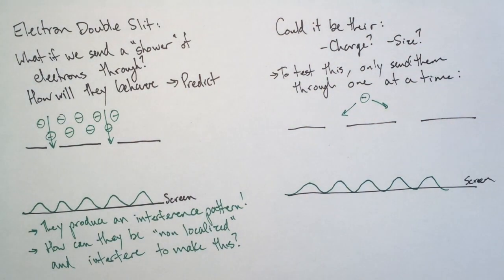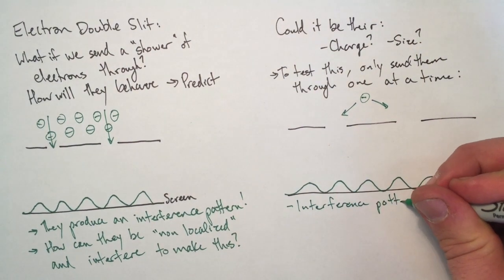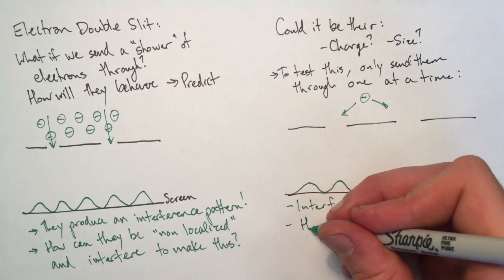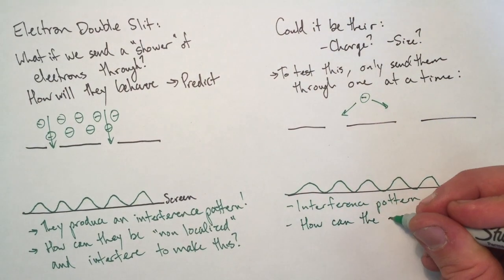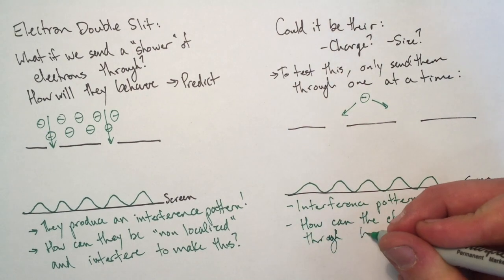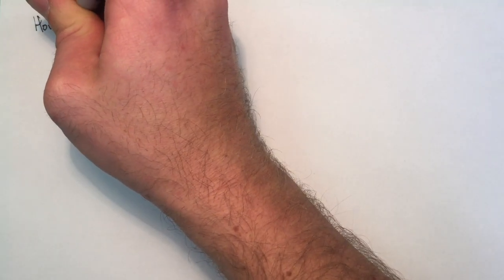Again, we notice an interference pattern. If we just let the electrons land in piles, over time we're just going to see several piles along that screen as long as we don't look at what's happening. But how is this possible? We know an interference pattern needs something from one slit to interfere with something in the other slit. How can that electron be interfering with itself?